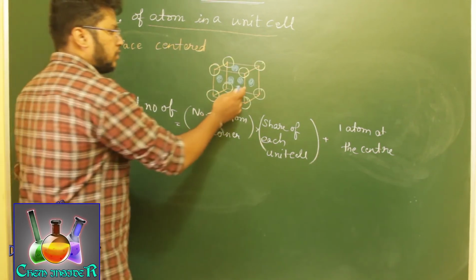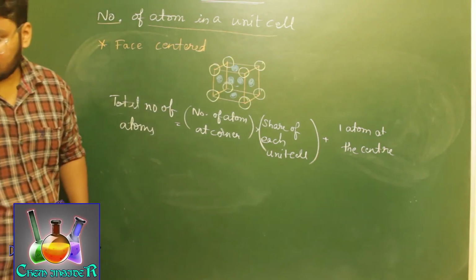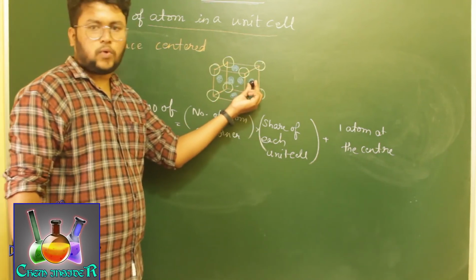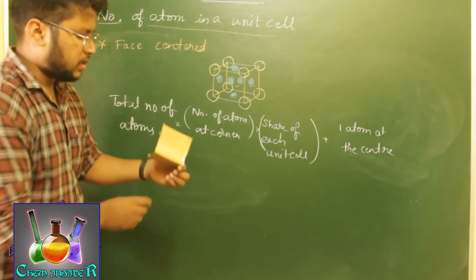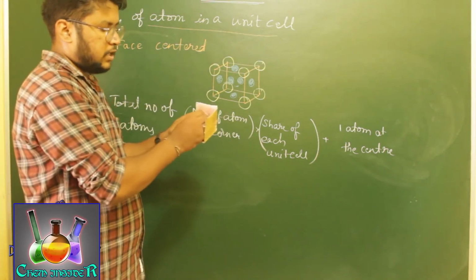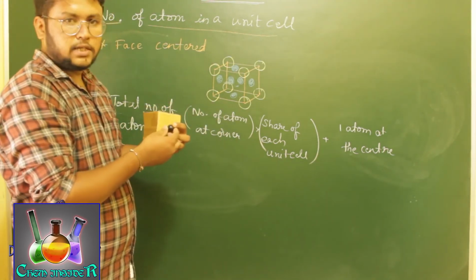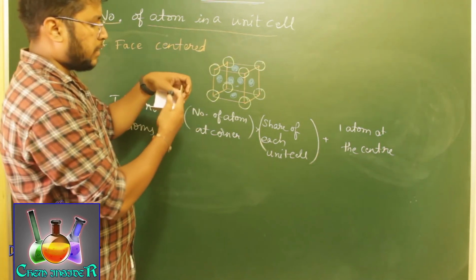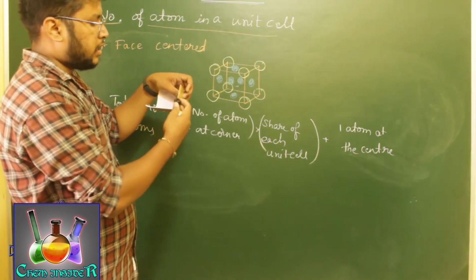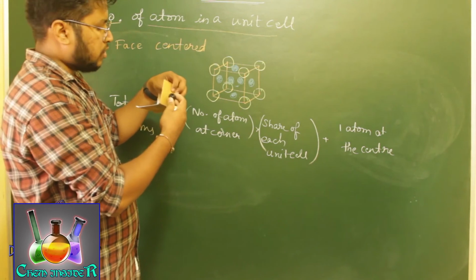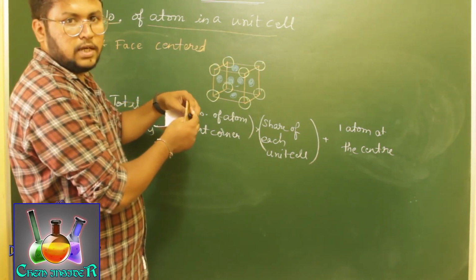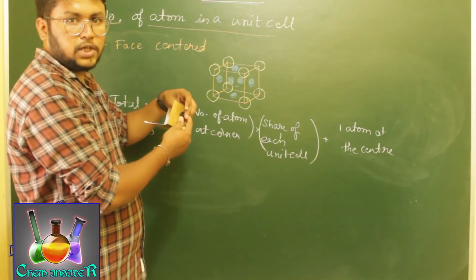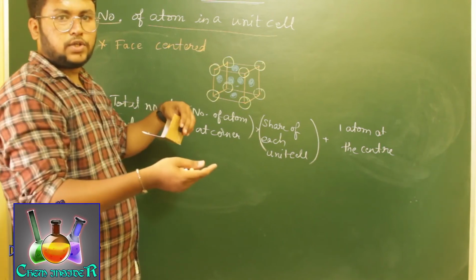Now if you consider this as an atom, so let us say this is an atom now, this atom is placed on one of the faces. So if you take this as a cube, I am placing it at the center, like punching a hole. So if I am placing an atom at the center of this face, that means it will be completely divided into 2 halves, right? So one by this unit cell, and the other will be the next one attached to it. Therefore one atom present at the face is shared by 2 unit cells, just like one wall shared by two rooms.